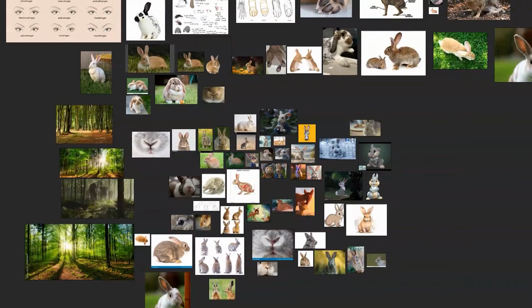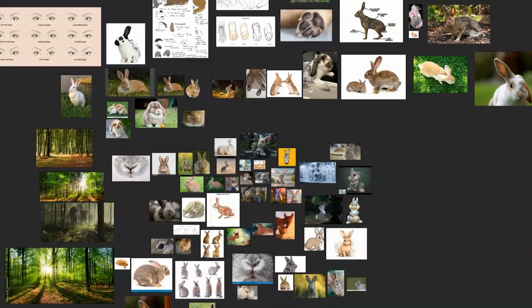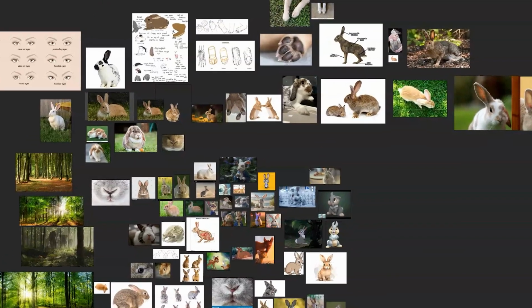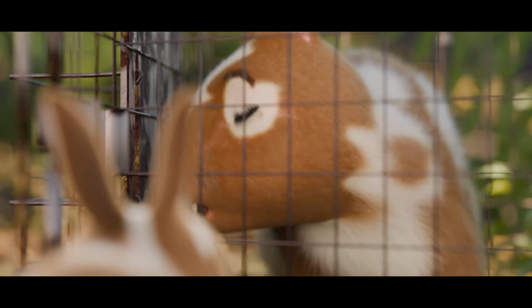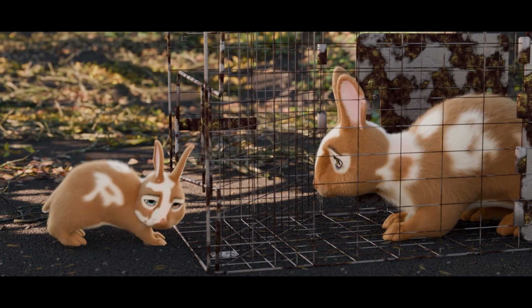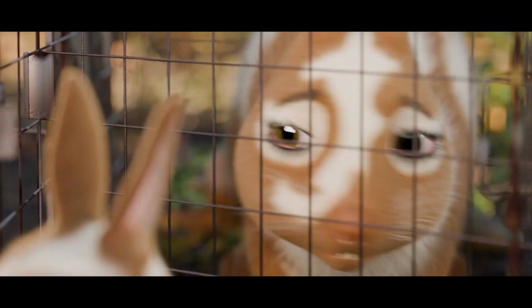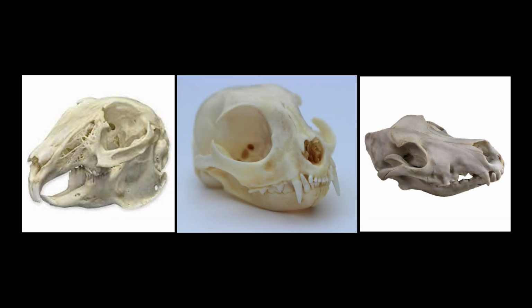I created a pure ref board of rabbit reference, including real rabbits and other CG and cartoon rabbits. I wanted to humanize the face, of course, so they could have a human range of expression, but not stylize the characters too much. I wanted a character design aesthetic that was kinda halfway between Pixar and realistic. In order to get my head around the underlying anatomy, I looked at a lot of rabbit, cat, and dog skulls and kind of figured out how to merge them to create the anatomy of a rabbit with forward-facing eyes.